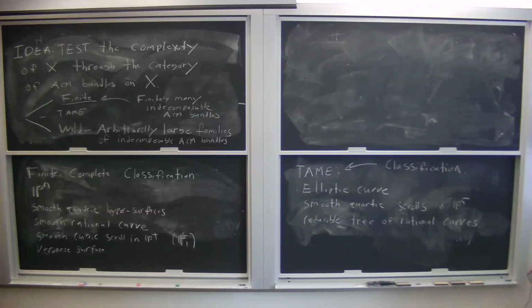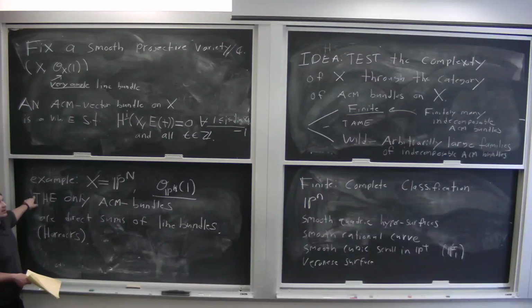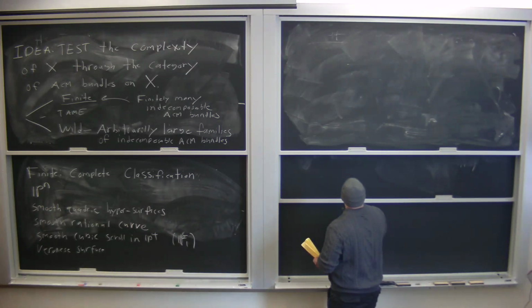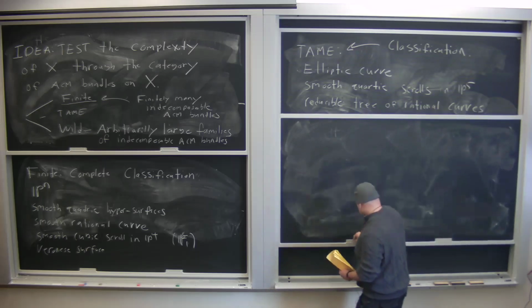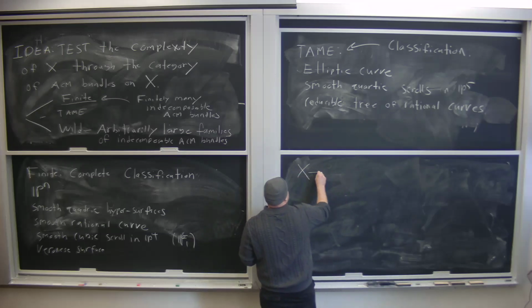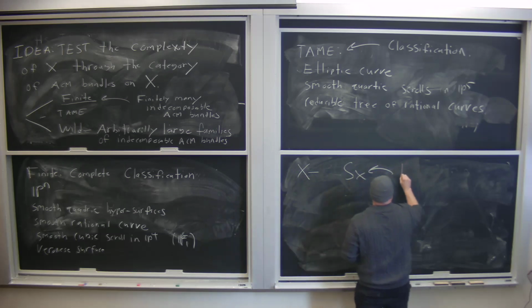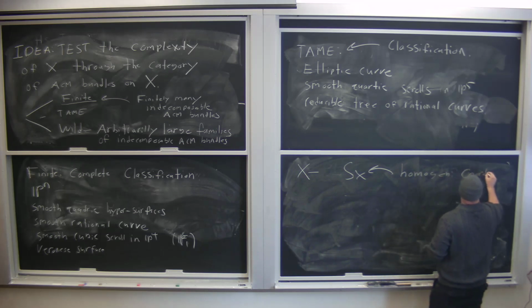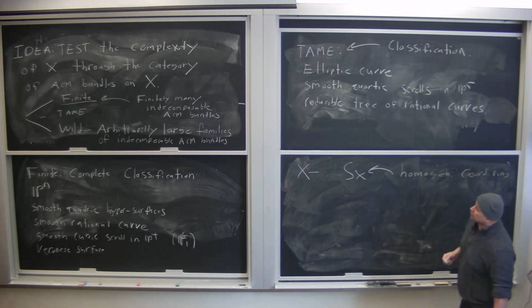Okay, so he said finite MCM types. So these are coming with an embedding, so I can look at the homogeneous coordinate ring of these things. And so now if I take one of these ACM vector bundles, maybe I'll just write it here. I was going to say this, but let's just do it now. So imagine that I do this. So here I've got X, and so now I've got SX. I've got the homogeneous coordinate ring,